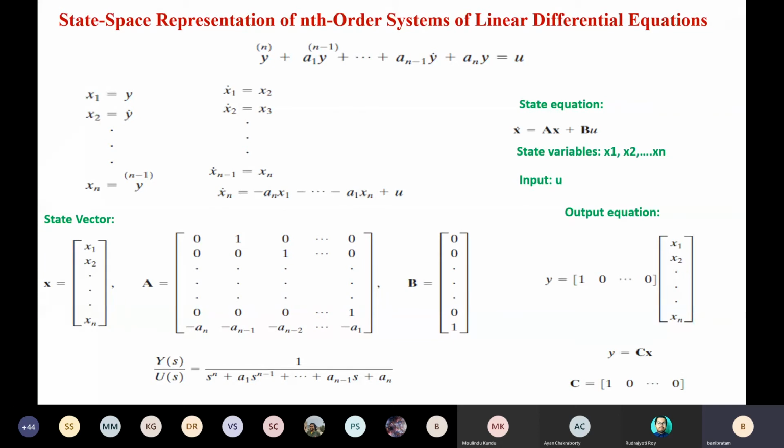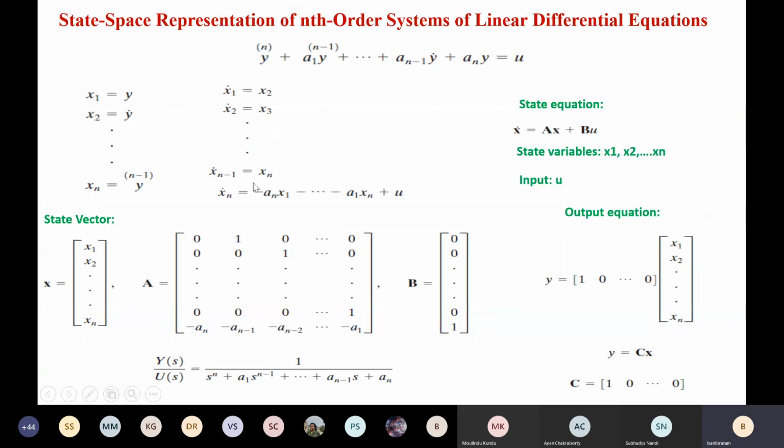So can you explain the output equation? How is y equal to this? Yeah. Okay, I am going one by one. This line, does anyone have any doubt in this line, assuming x1 equals y, x2 equals y dot, like xn equals y to the n minus 1? Is it fine for all? What about these equations on the right side? Is it okay for all? This x1 dot equals x2 in this representation, are all comfortable with this one? Okay. You are not responding, so I can assume you have understood.